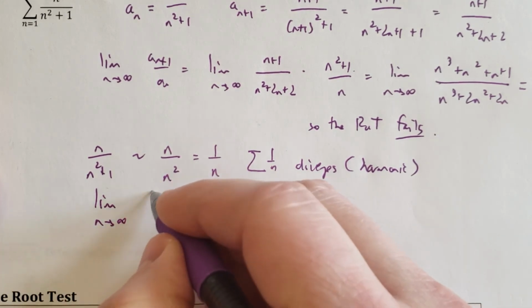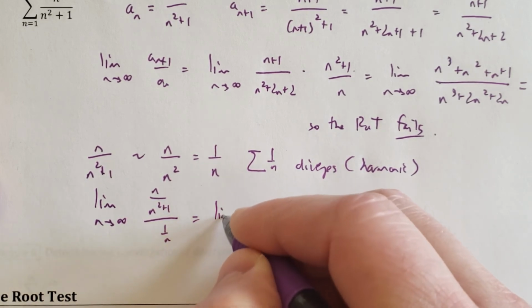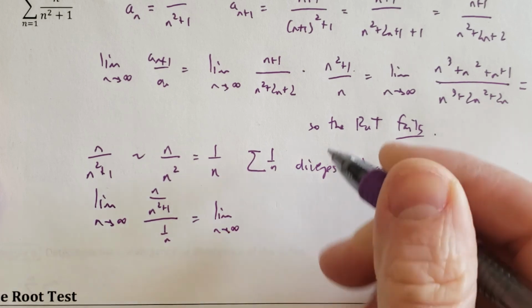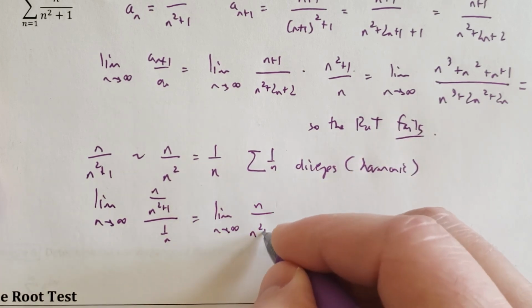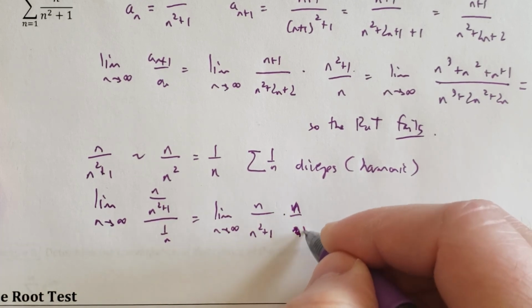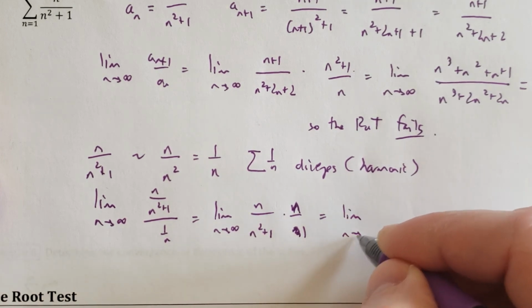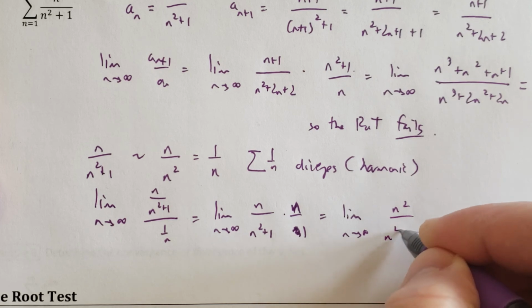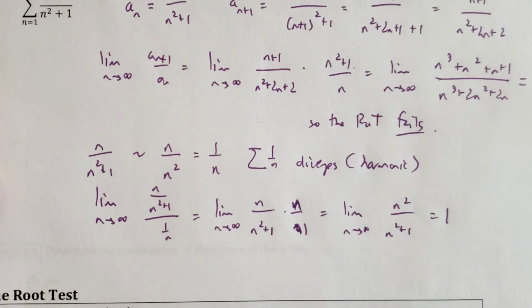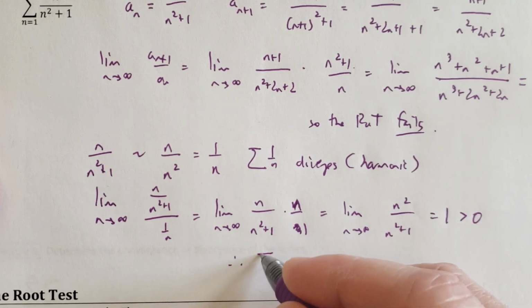Limit as n goes to infinity, n over n squared plus 1 over 1 over n. That's the limit as n goes to infinity of n over n squared plus 1 times, sorry, the reciprocal, right? That's the limit as n goes to infinity of n squared over n squared plus 1, which is 1. And this one, the 1 is okay. In the limit comparison test, we just want to get a limit. We want it to exist, and we want it to be greater than 0. This is greater than 0. So therefore, our series,